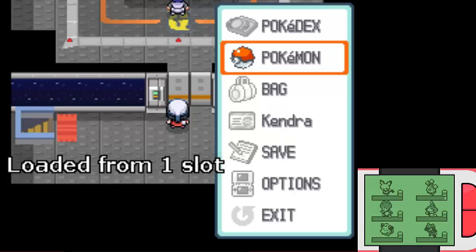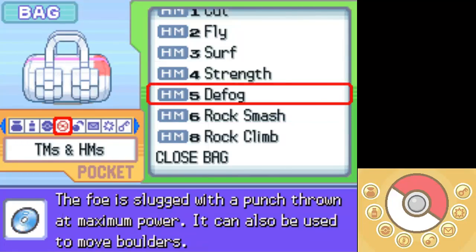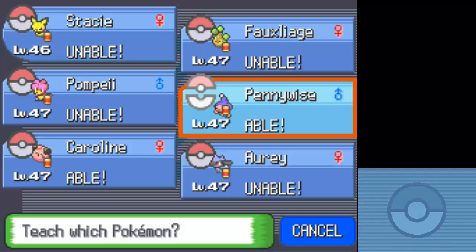Let's actually... See, this is why I do save states, because it's like... I'm saving, but not as slowly. Off-screen, I actually did buy Reflect. And I thought I used it in that battle earlier, but I wasn't paying attention, so...